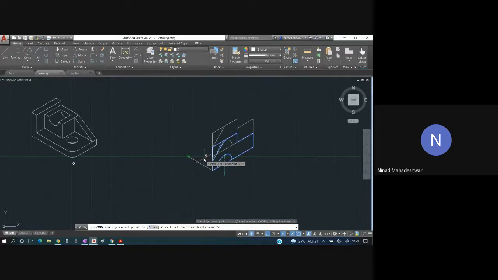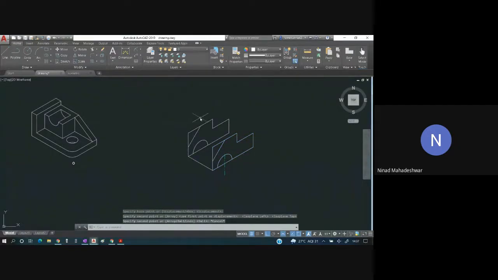Okay, so while copying this, change the plane with F5. Okay, F5, it should be in this plane. So this should come over here. So I have copied this. Okay, once this is done, paste this to all the corners of this part. So select this. Okay, copy this entire part.